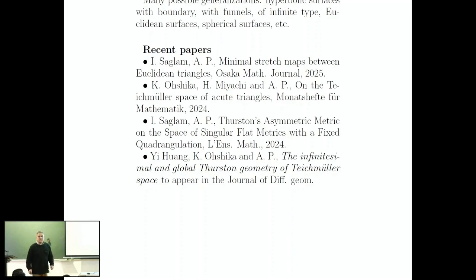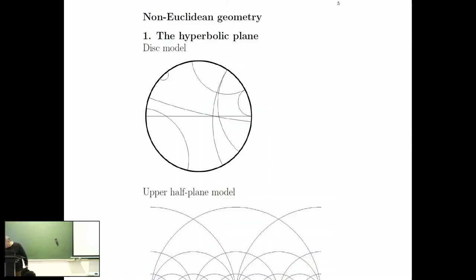The Finsler metrics have infinitesimal descriptions, and this is a paper also with my Chinese colleague Yi Huang and my Japanese colleague Kenichi Oshika. We study the infinitesimal structure of this space of metrics. So these are examples of things which are done in this